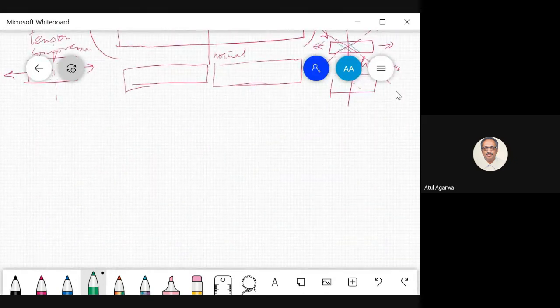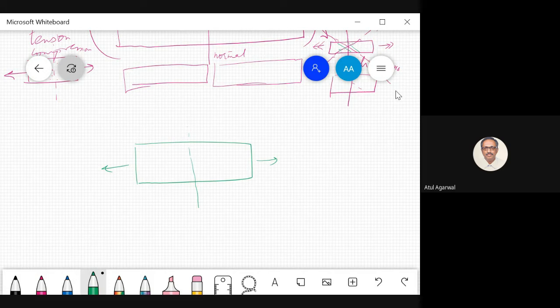So what happens is, when you have forces in a body, you draw a free body diagram, for example, of this part. So this is an external force. This is an external force. But the forces across this plane, with which these two parts are acting on each other, are internal forces. So these are internal forces.